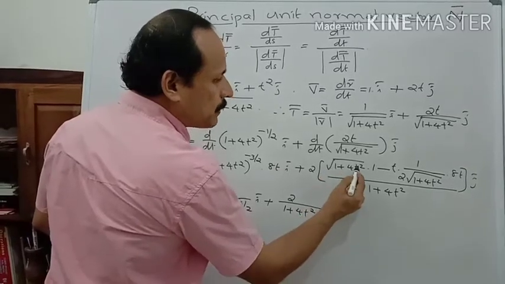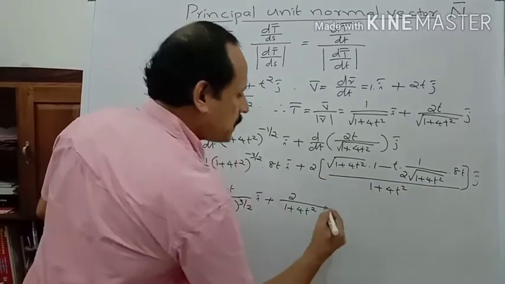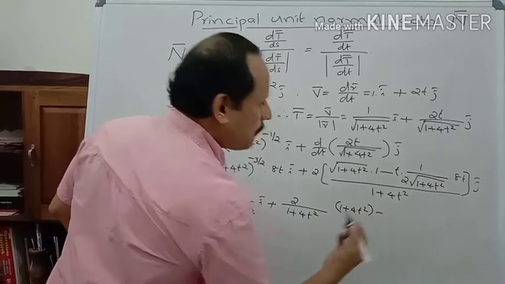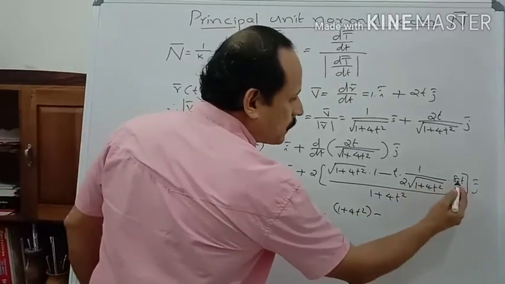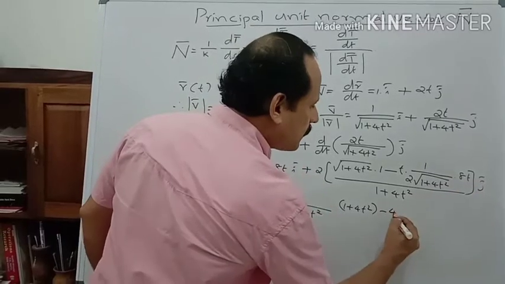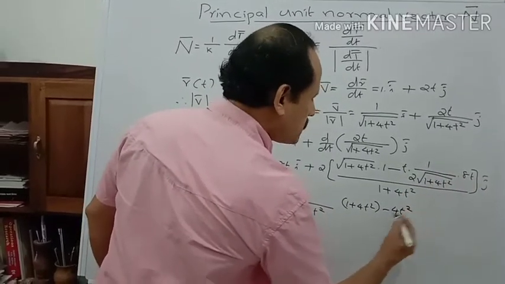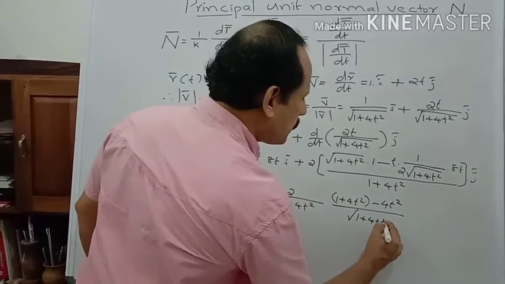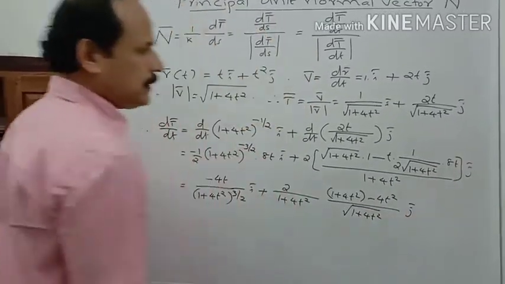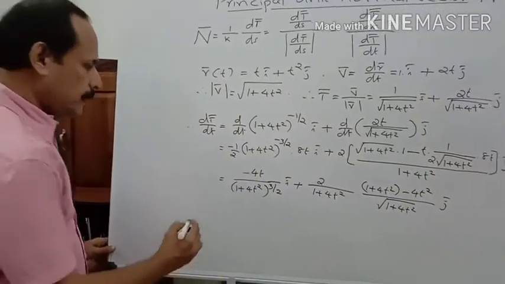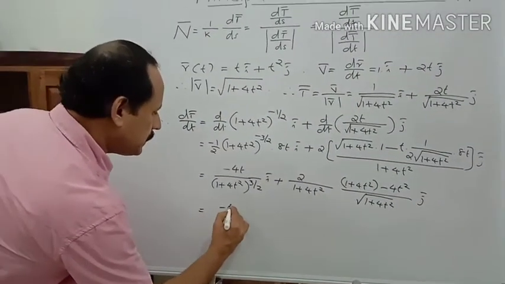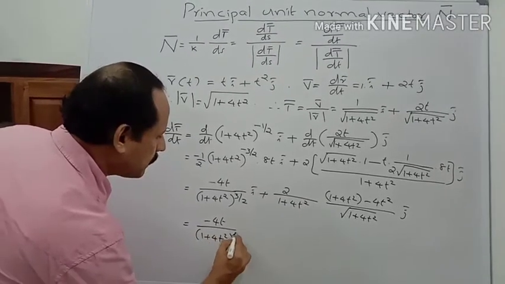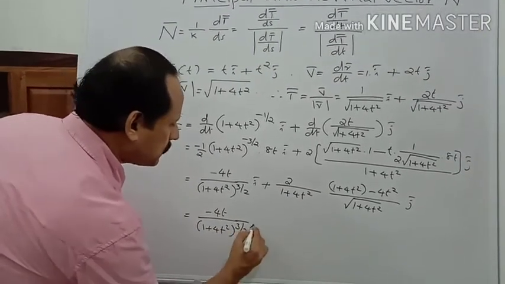Then root 1 plus 4 t square into 1 plus 4 t square, that is 1 plus 4 t square, then minus 8 by 2 is 4, therefore here we get 4t into t, 4 t square, by this one, root 1 plus 4 t square, the vector j, equal to negative 4t by 1 plus 4 t square all raised to 3 by 2 into i